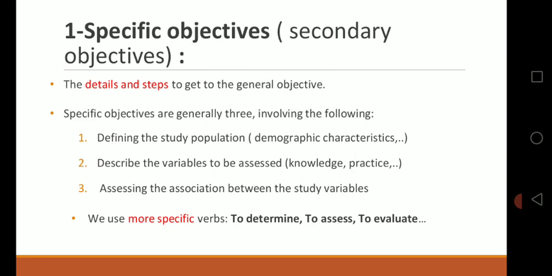نحن قلنا في general objective بنستعمل comprehensive verbs زي to study. تمام، verb شامل. لكن في specific objectives we use more specific verbs زي شنو؟ to determine, to assess, to evaluate and so on. تمام، لأنه قلنا الobjectives كلها whether they are general or specific بتبدأ بشكل verb زي ده اللي هو to do, to study كده. اوكي،